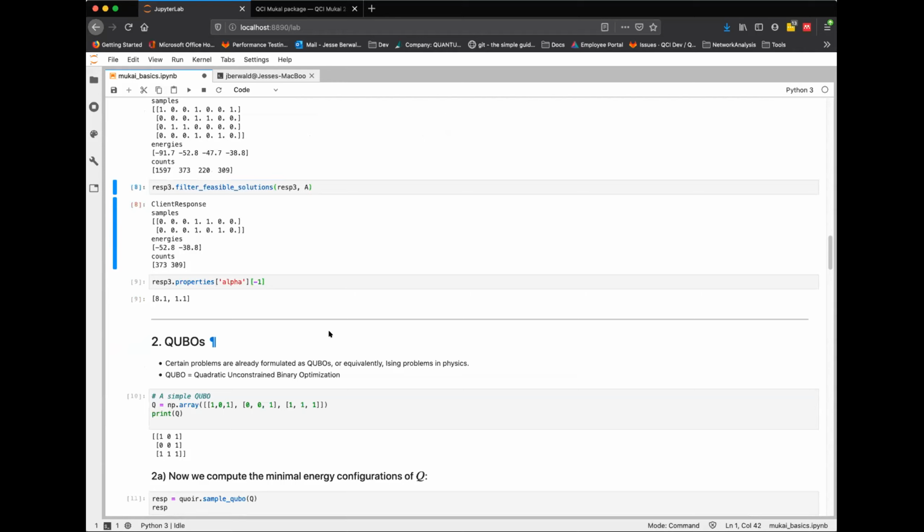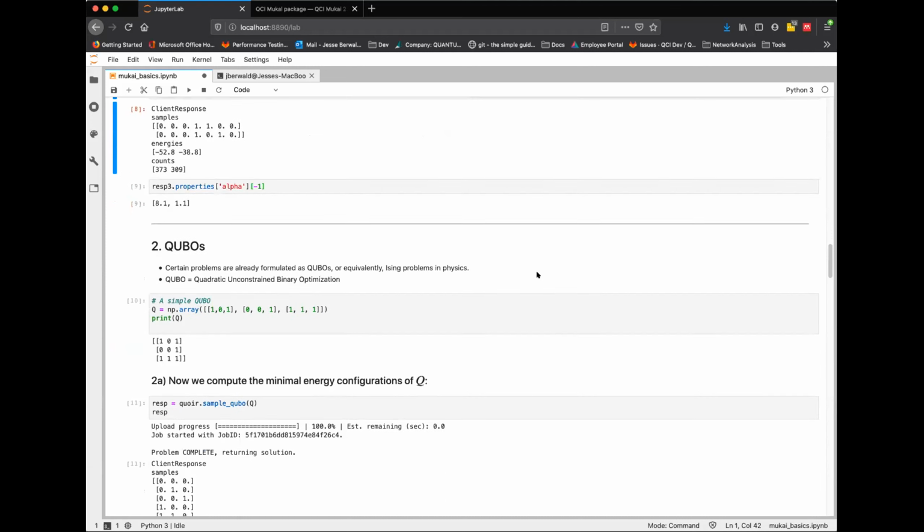There is sometimes the case where you have a QUBO, which physicists know as Ising problems, but things are sort of baked in. You don't have that constraint matrix A. The whole thing is one big cost function. It's quadratic unconstrained binary optimization. Basically what we're doing is forming this in the background based on the cost and constraints. But if you don't have that, we have a function where you can just sample the QUBO. So we have a very tiny QUBO here.